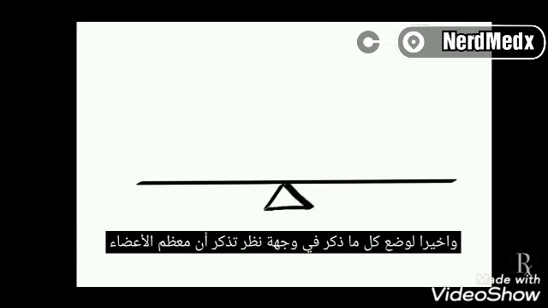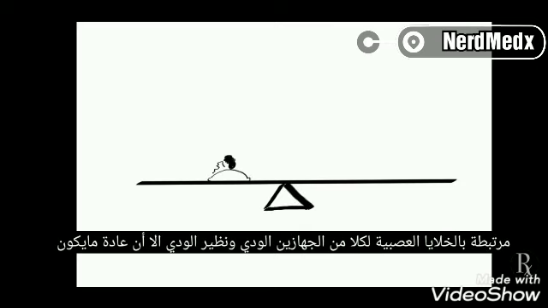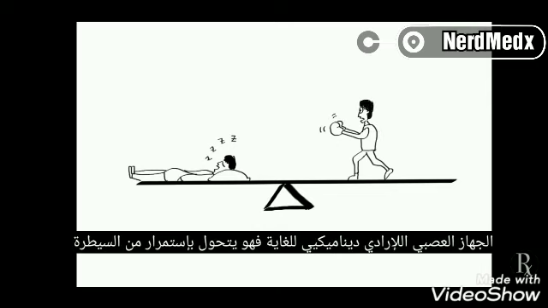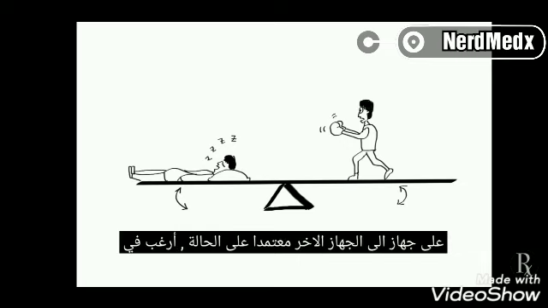Finally, to put all of this in perspective, remember that most organs are innervated by both sympathetic and parasympathetic neurons. However, usually only one system predominates in controlling any given organ. Overall, autonomic nervous system is very dynamic, constantly shifting from the dominance of one system to another, depending on